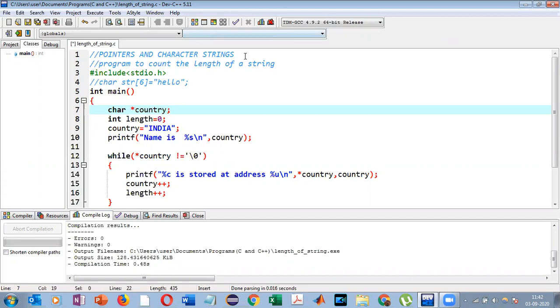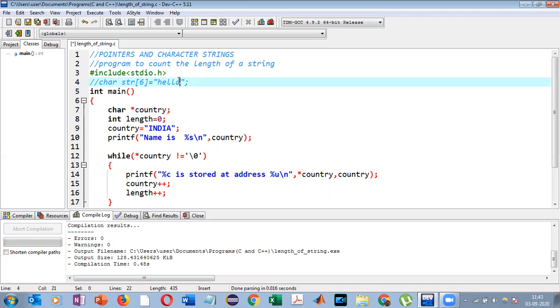So if I want to declare and initialize a string, this is how it is done. Say I have a string called hello, and I have declared a character array of size 6, and this is how the initialization is done. Now, something very important to remember in C: the compiler is automatically going to insert a null character at the end of the string. This is how a null character is denoted. Okay, so it is going to insert a null character at the end of the string.